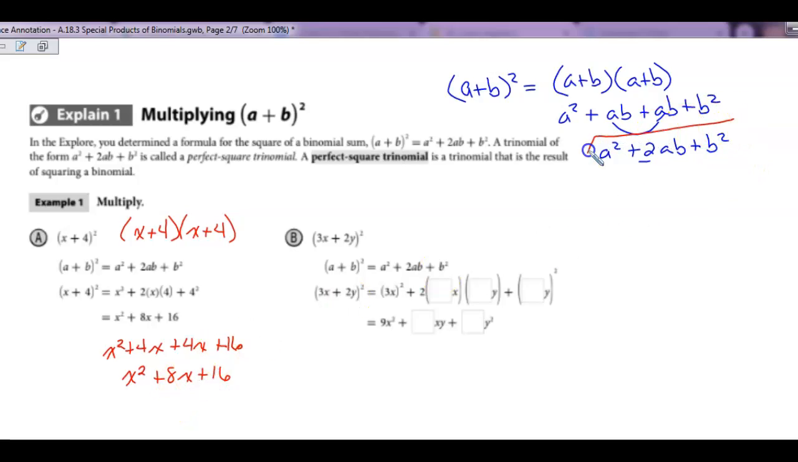Or I could use this, and my a squared in this case would be x, so it's x squared. 2 times these two, so 2 times 4 is 8, so plus 8x. And b squared would be 4 squared, which is 16. And see how I get the same answer? Okay,